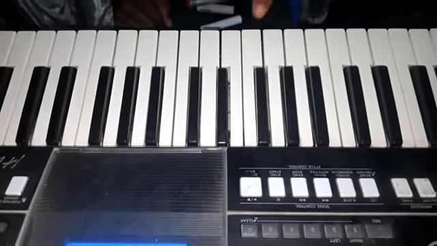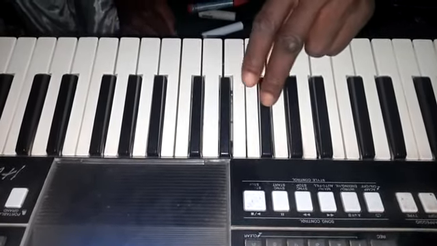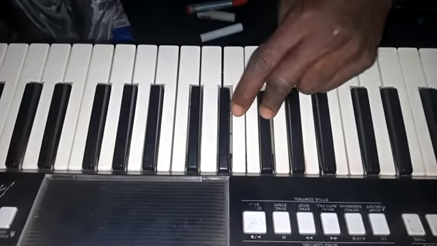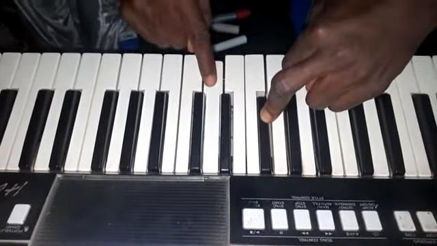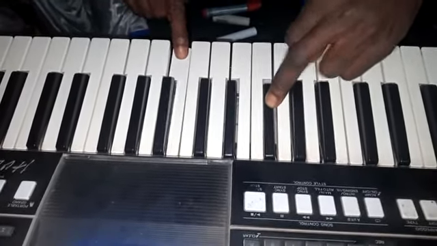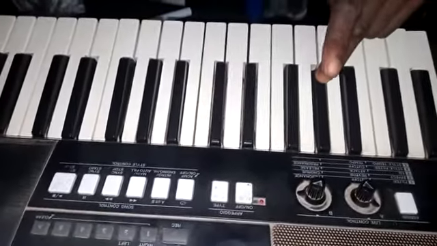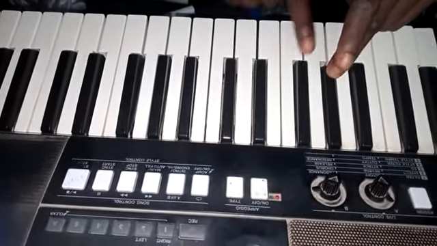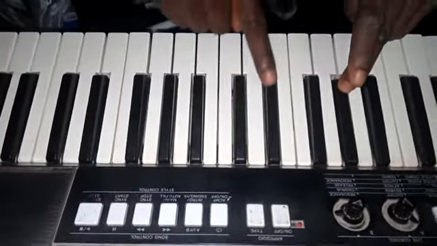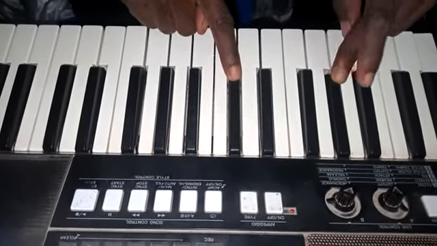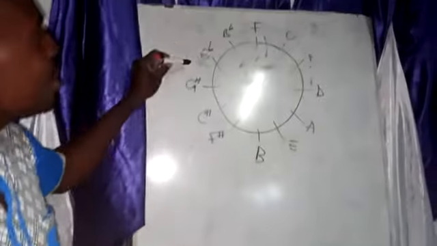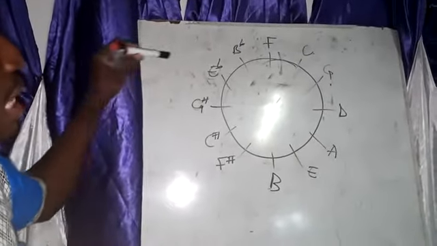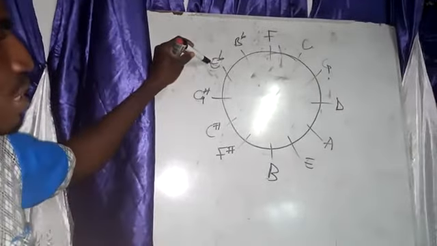Let's take B flat as an example. This is my B flat. I count 7 chromatic ways or 7 semitones. 1, 2, 3, 4, 5, 6, 7. Okay, let's choose A flat or G sharp as an example. After putting my finger here on G sharp, 1, 2, 3, 4, 5, 6, 7. It means E flat is the fifth note of G sharp. And when you check here, we have G sharp here, and this is E flat. That is how it works.